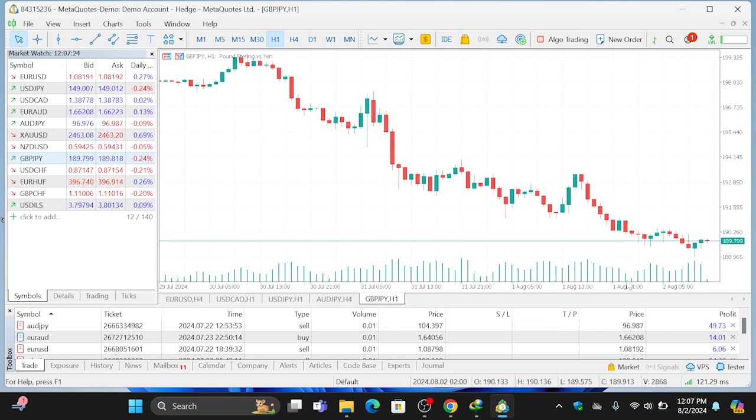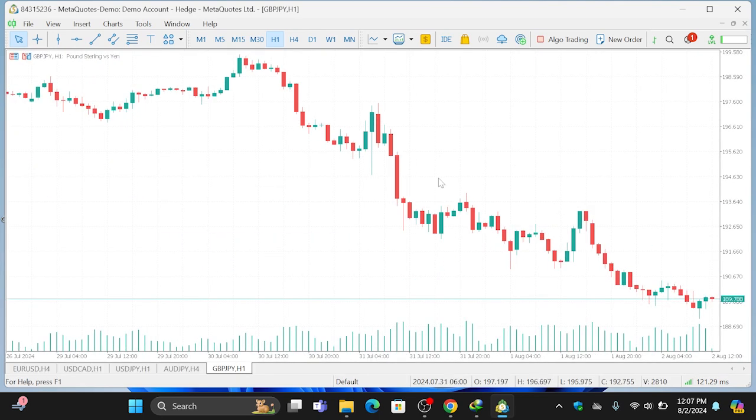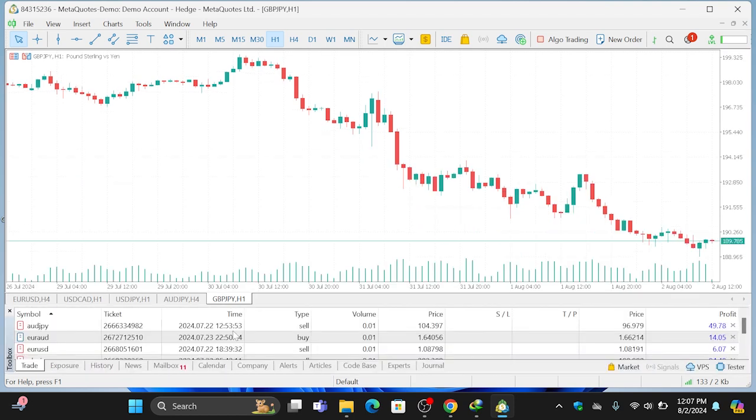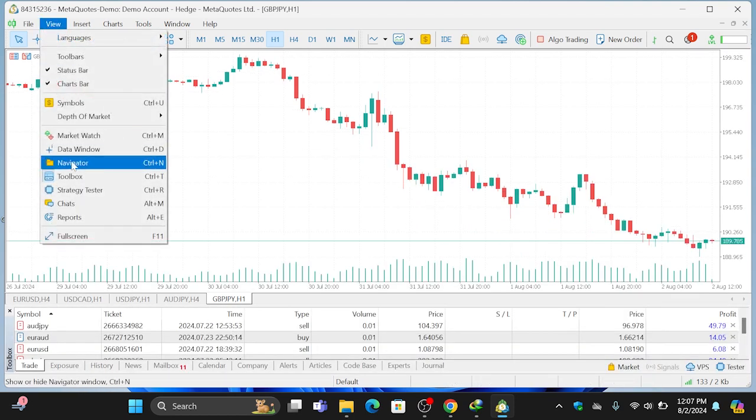So you can remove all this and still put them back if you need more space for analysis. For example, this, just remove it and you remain with your space for market analysis. So if you need it back, as I showed you before, just come here. The bottom one is called a toolbox. Then this one is called a